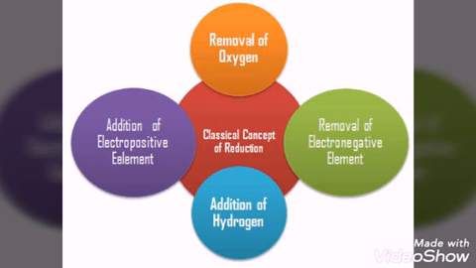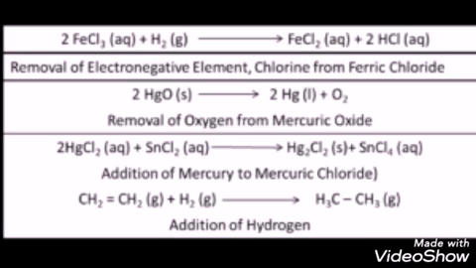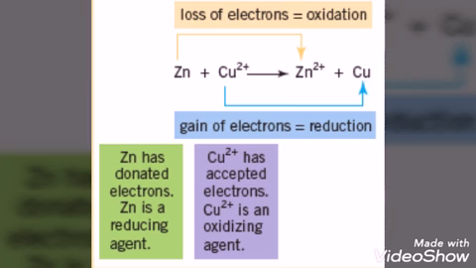But in some chemical reactions, oxygen or hydrogen will not be present. In such reactions, how can we identify the substance oxidized or reduced based on this classical concept? This problem can be solved only when oxidation or reduction is explained in terms of electron transfer. When an electron is lost by an element in a chemical reaction, it is said to be an oxidation reaction. When an electron is gained, it is said to be a reduction reaction. So loss of electrons means oxidation and gain of electrons means reduction.